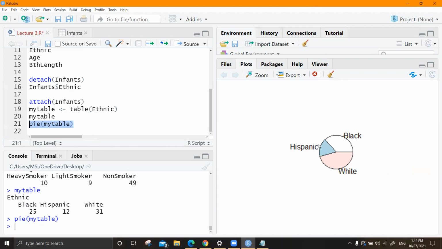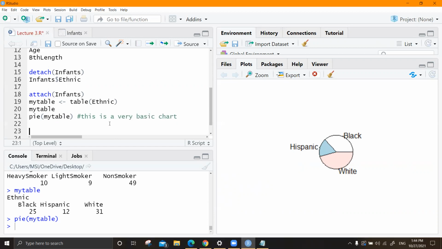This doesn't say much. So you have to give some specifications. So let's say we want to have a detail. This is not a detailed pie chart. It's a very basic chart.